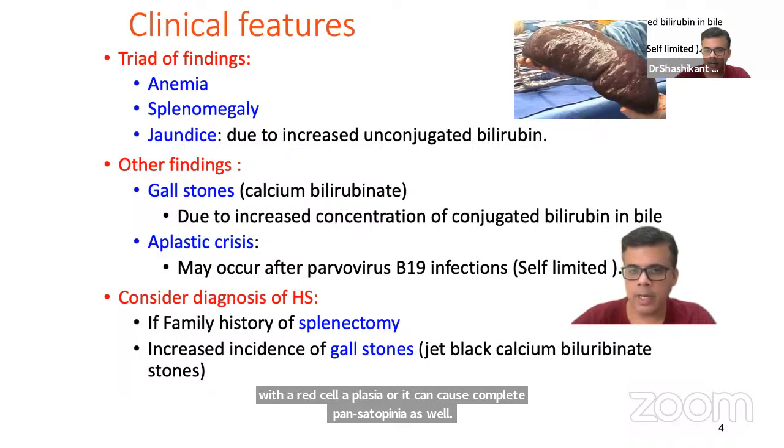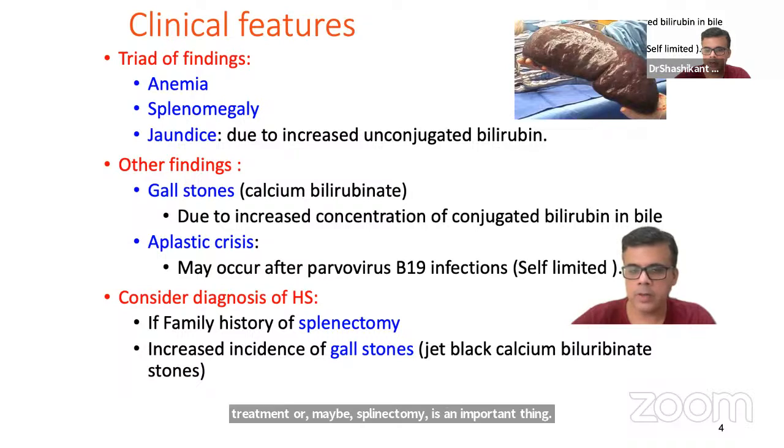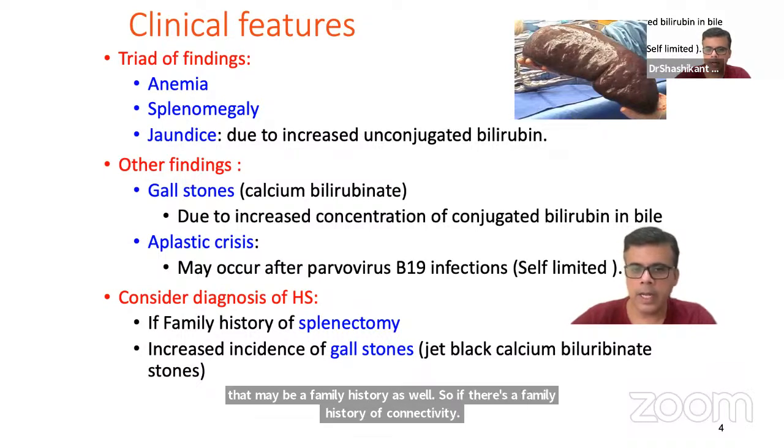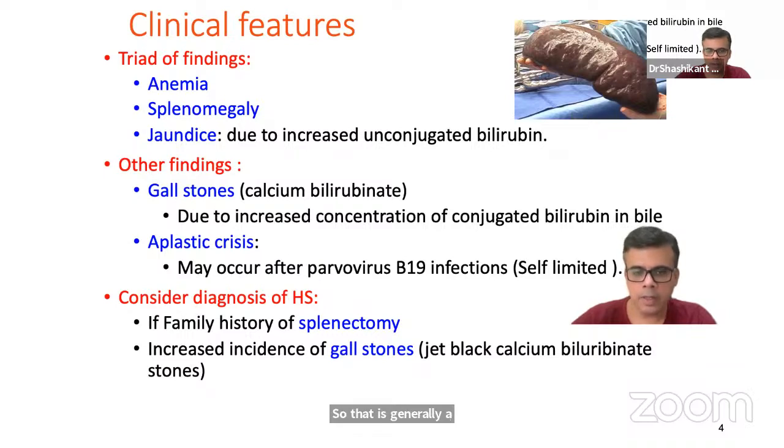So there may be a familial history. If there is a familial history of splenectomy, that is an indication that the patient may be having familial hereditary spherocytosis. Now, clinical variants: clinical appearance can vary a lot. And some of the patients,